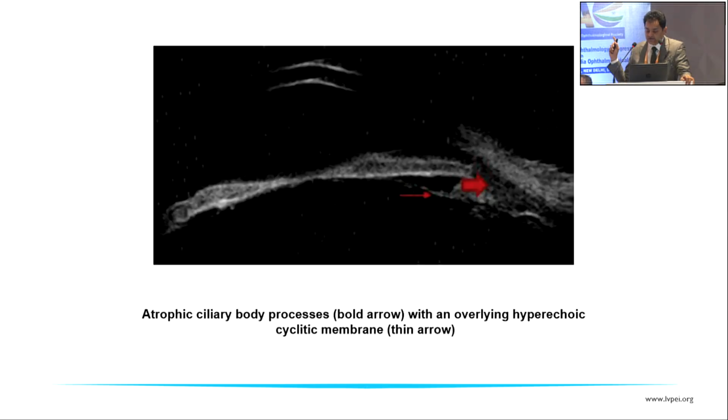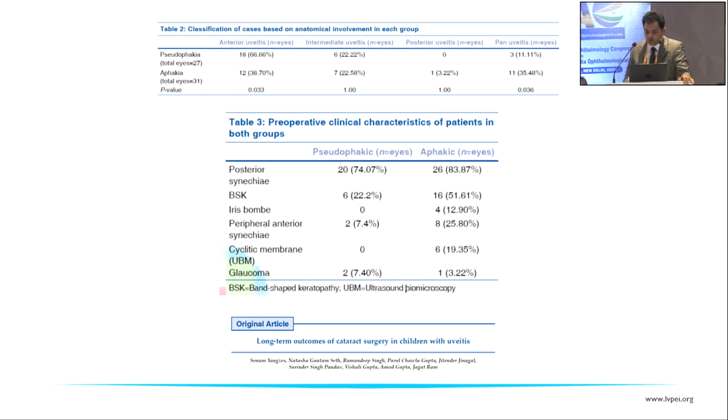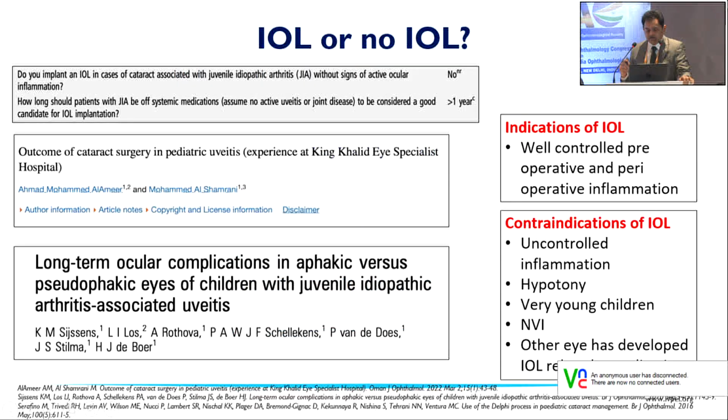opacification. Sometimes there is an atrophic ciliary body, and UBM before surgery really helps in identifying the cyclitic membrane. Use as many imaging modalities as possible to decide about intraocular lens implantation. And this is again from Jagat Ram's group. You can see 6% of the patients can even have a cyclitic membrane. And there are significant